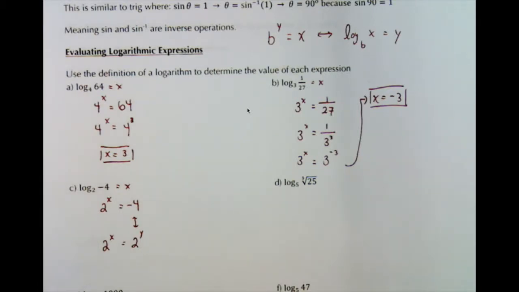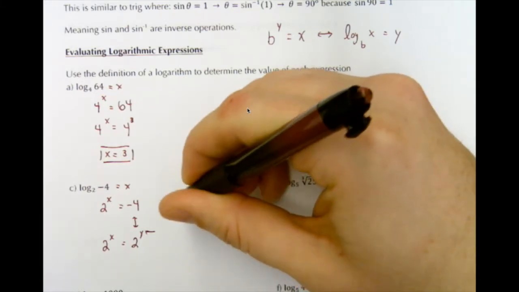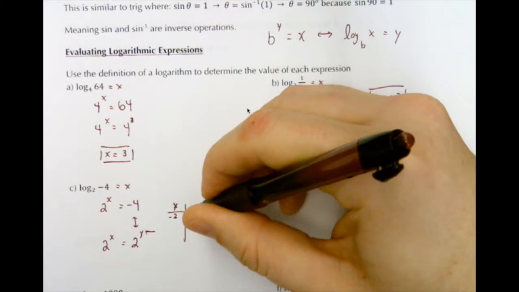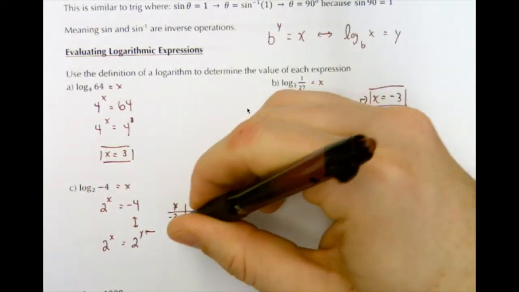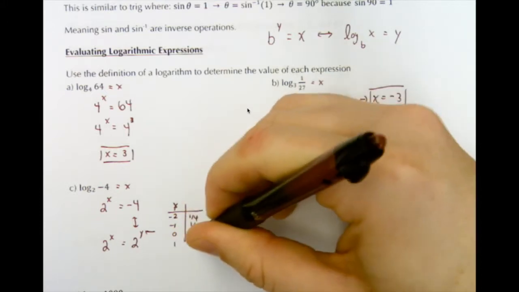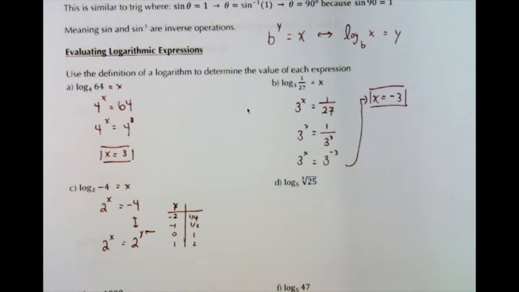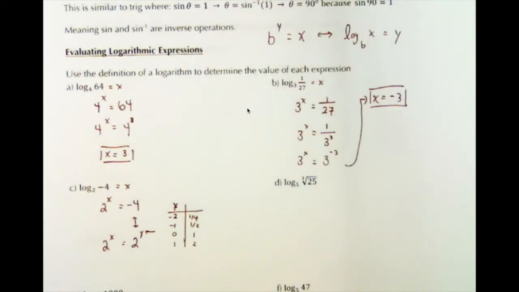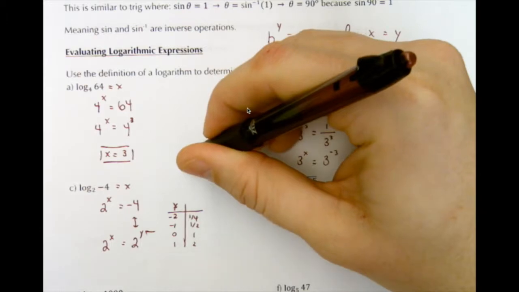If we think about our exponents, if we use negative 2 as our y, that would give us 1 over 4. If we use negative 1, it gives us 1 over 2. If we use 0, it gives us 1. If we use 1, it gives us 2. And if we keep going, we don't actually find a value that gives us negative 4. And the reason is, if you think about the exponential function 2 to the exponent x, does it equal negative 4? Well, a quick sketch might remind you that